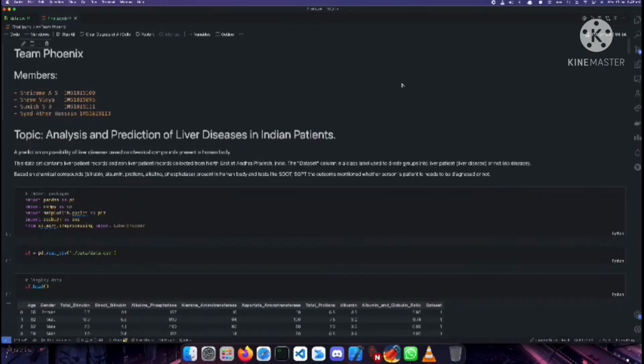Hello, we are Team Phoenix and here we are presenting analysis and prediction of liver diseases in Indian patients. This data set contains liver patient records and non-liver patient records collected from northeast of Andhra Pradesh, India. Our aim is to analyze the data and perform ETL on the dataset to obtain a clean dataset for training